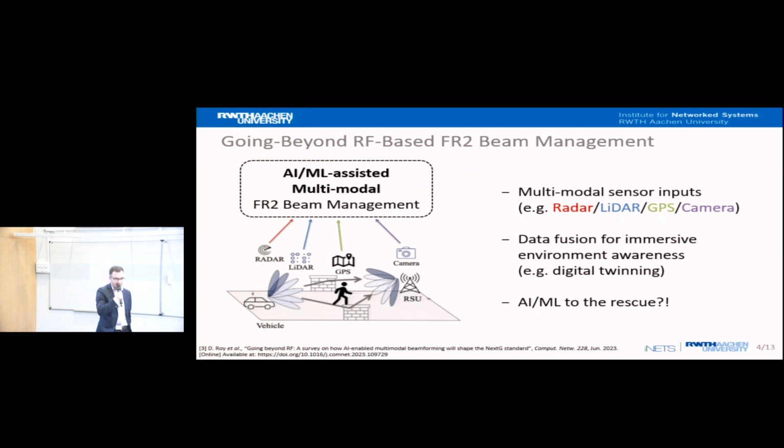And you might say AI/ML is not the solution to everything, but here, given the large amount of data that we collect from these sensors, huge piles of data, AI/ML has shown to be really a good tool, which I will showcase afterwards with some videos of our demonstration. So how do we enable this?